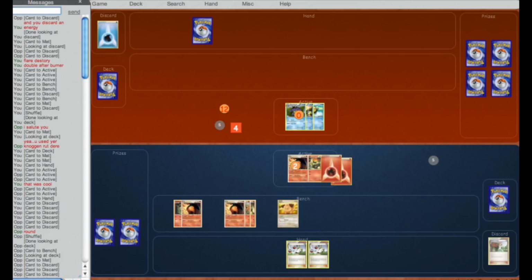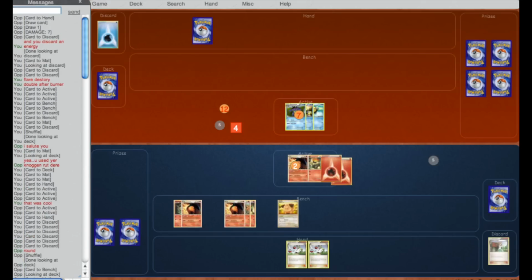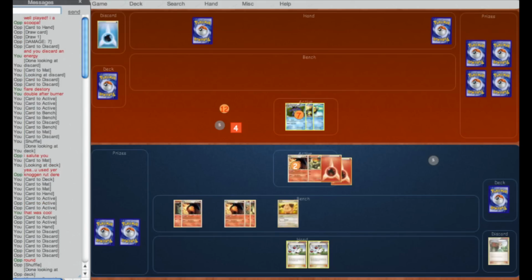So now entering those final stages of the game where it becomes clear I'm going to win, pretty much. I mean, I'm going to be able to discard his energy every turn, and I'm also 1 attack away from KOing him. He's got 2 cards in his hand. If he can't lay down a basic, I win. But he's going to scoop here, so that was a great